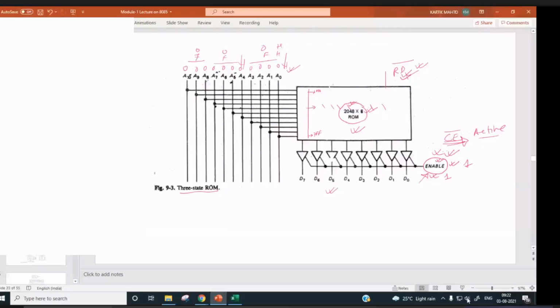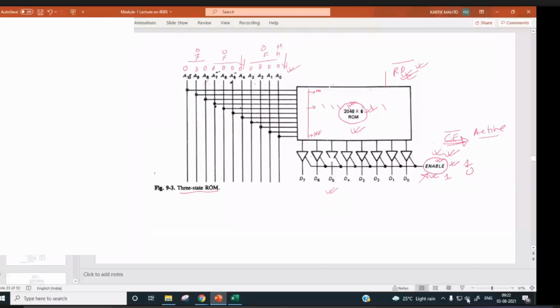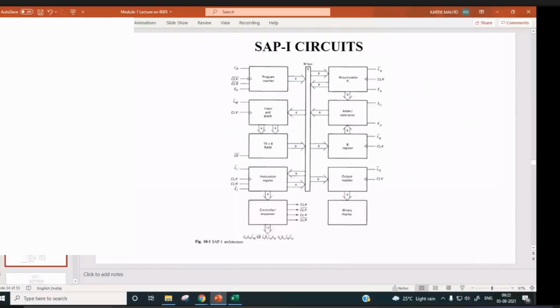It will not be connected to these pins, the data pins D0, D1, D2, D3, D4, D5, D6, D7. So it will be used while transferring the data.